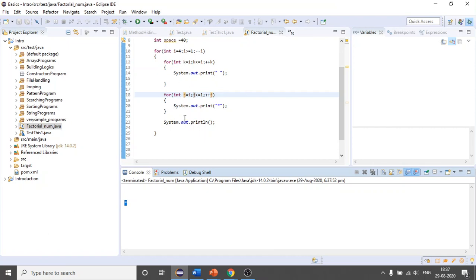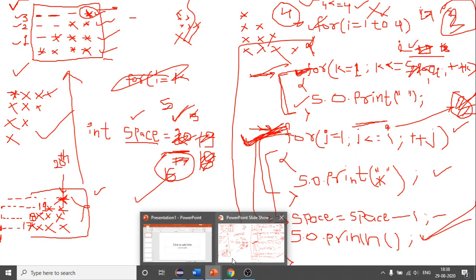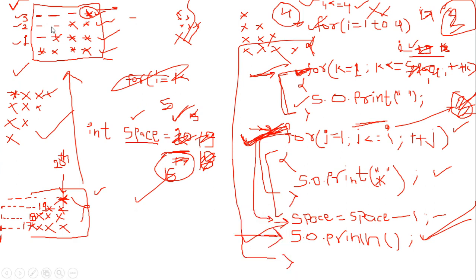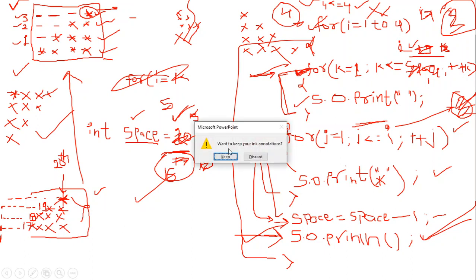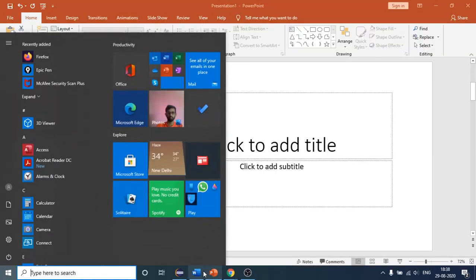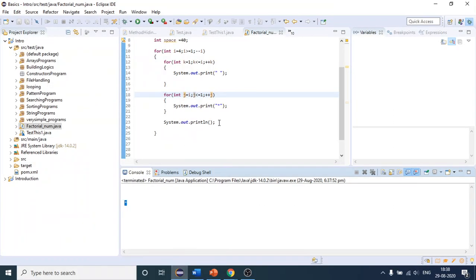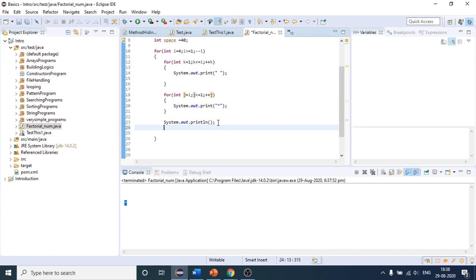See, what I was trying to say, even if you use I for declaring this space, what will happen? Let me tell you. As of now, we have 4 spaces because of I. I value is 4. Okay, wait. I was saying that after that you have to decrease the I as well.